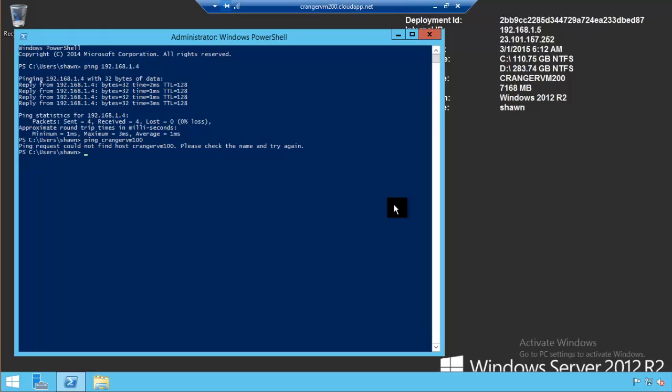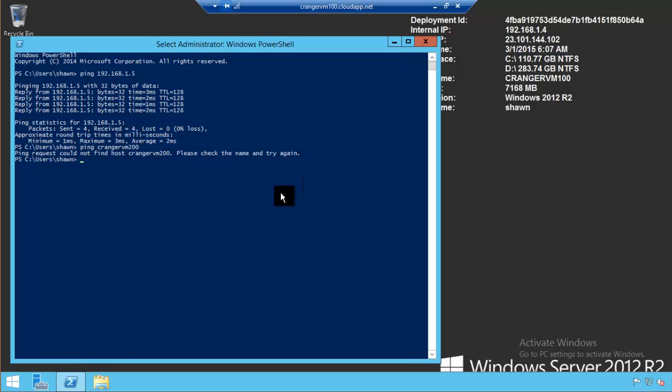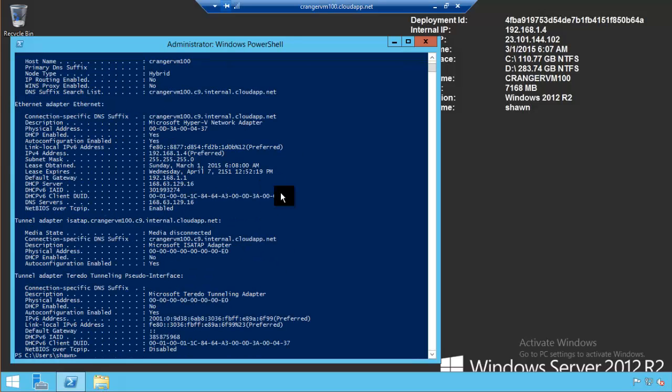Otherwise, the only option for doing this would be being in a single cloud service with two virtual machines, and we'll have a demonstration for that as well. But I want to show you something interesting before we go that far. Let's do ipconfig /all, and you can see that our range is 192.168.0.0/16, or 1.0 to 1.55. But if you look at the default DNS server that Azure has provided us, you'll see it's an Azure provided DNS server. Okay,